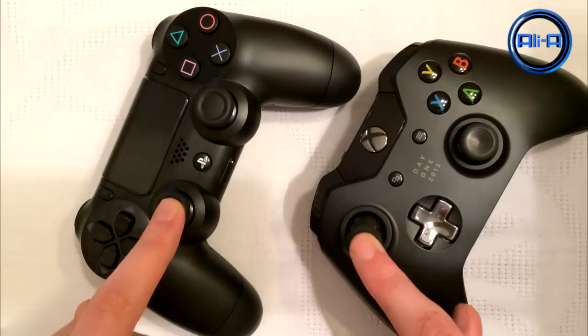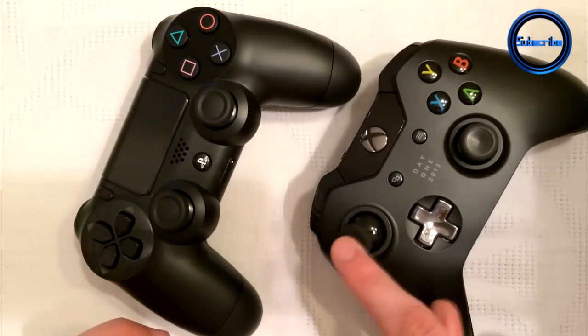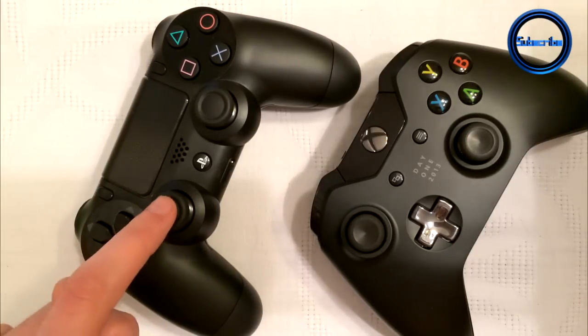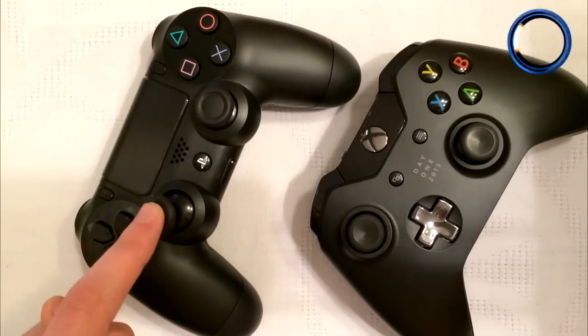sticks, but definitely something worth noting, especially for first-person shooters. You're going to be getting a lot quicker movement on this analog stick and arguably perhaps more accuracy because of the more resistance and the ability to be a little bit more precise on the PlayStation 4 using these analog